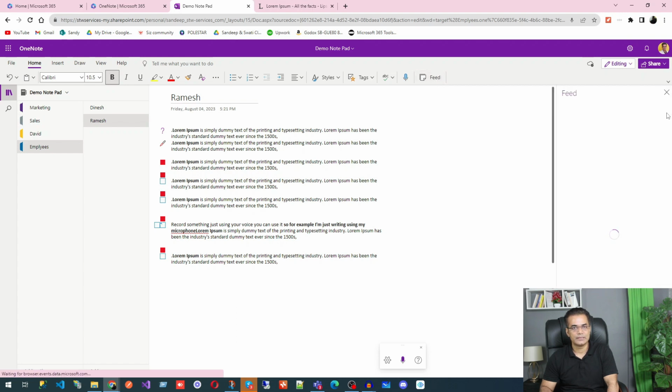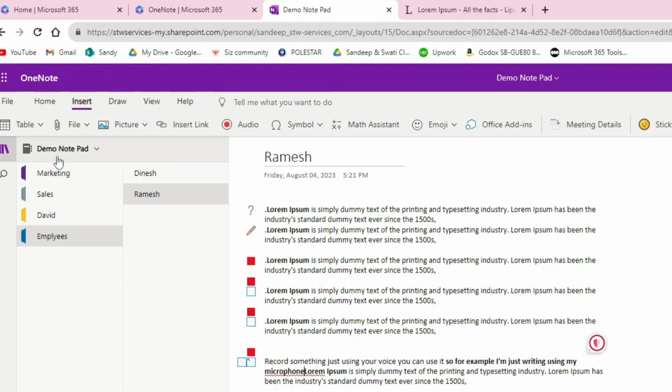Then we have feed. So this is how you can see the feed related to whatever you have written. Based on that, it will show you feed. Then we can see insert. Under insert, you can see we have